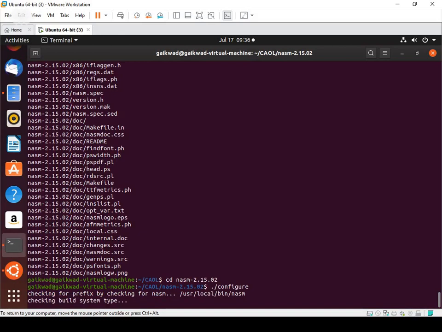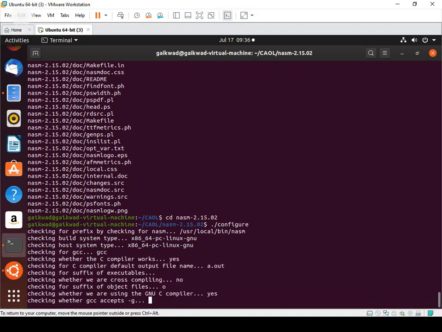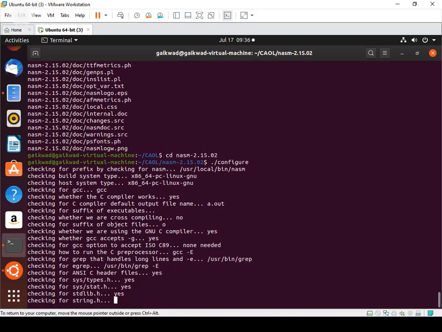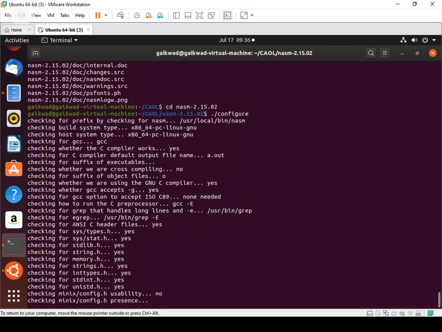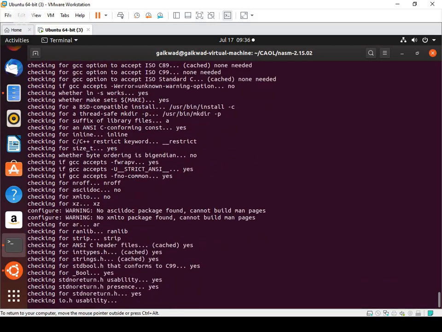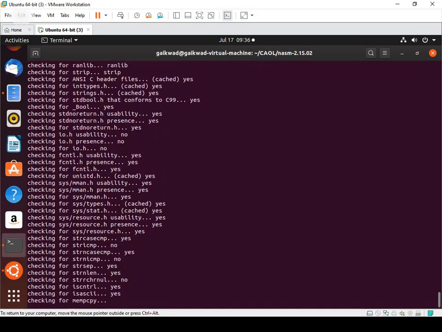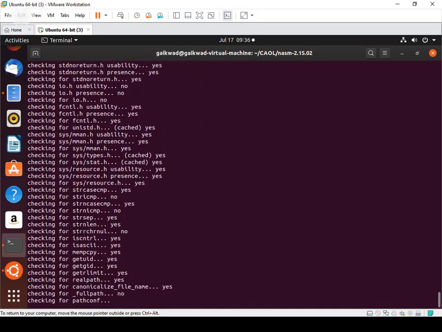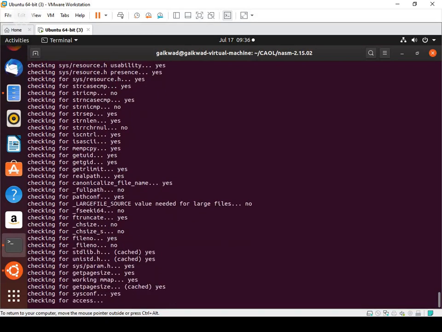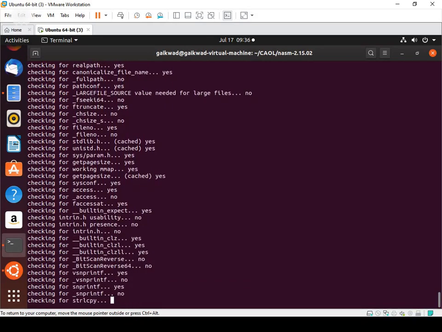For this you need internet connectivity to download the tar folder, and to do the installation also you need internet connectivity. Make sure students that you are installing NASM in root login.